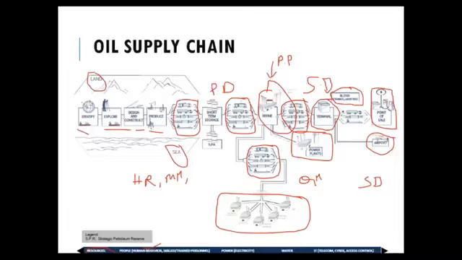So there is a plant here. Every plant will have some machinery, generators, motors, belts, conveyor belts, compressors, all that will be there in the plants, right? So you need to maintain them. If you have a vehicle, every 2 months you go and give it to the mechanic or the service center to keep it in good condition, right? Similarly, if the plant has to work properly without any breakdown, we'll have to maintain those parts, spare parts, maintenance, repair, and organization. All that we have to do. So that will be dealt with by plant maintenance.